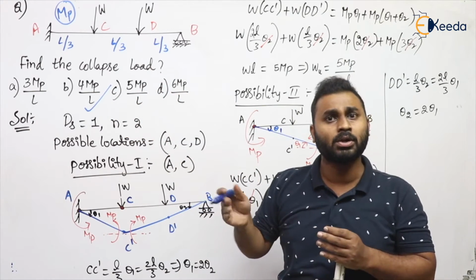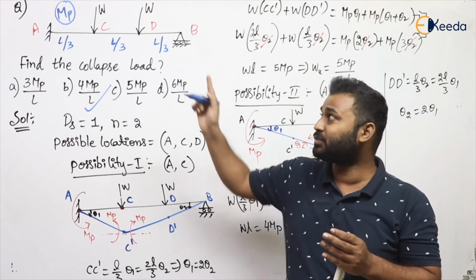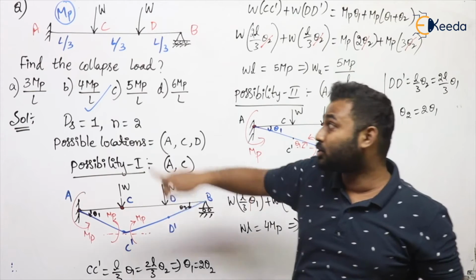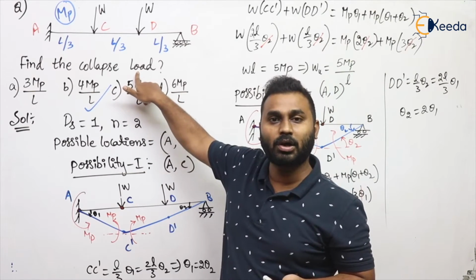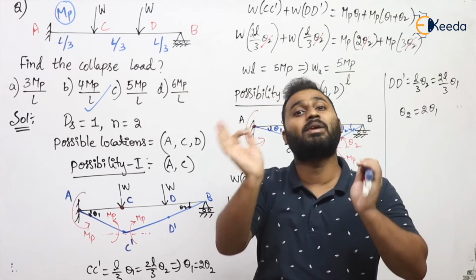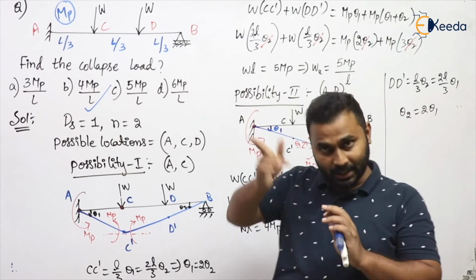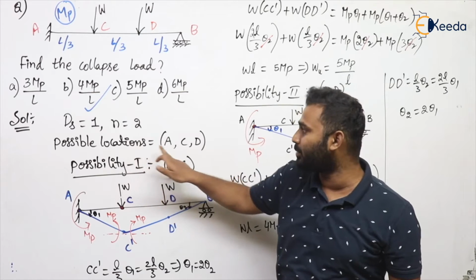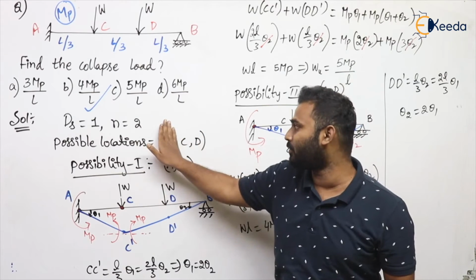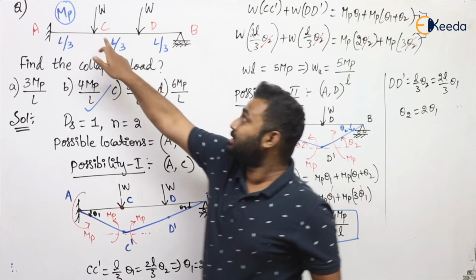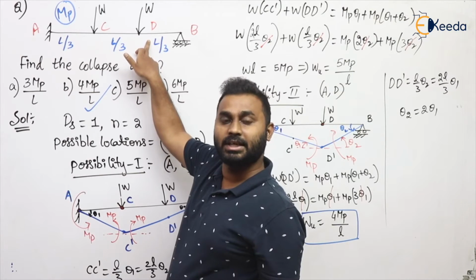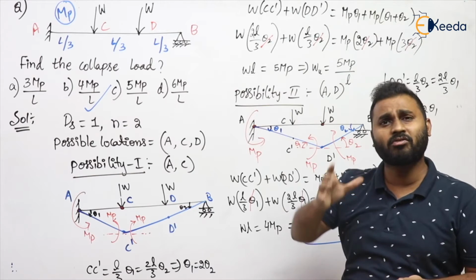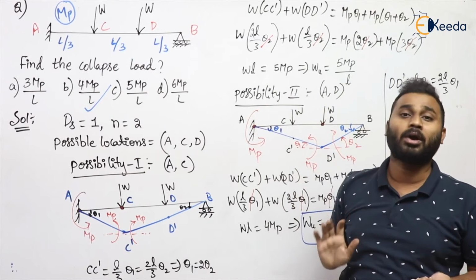In coming questions also, we will solve some other questions in which a fixed end will be there. So wherever a fixed end is there, in the calculation of collapse load we assume a plastic hinge will form at the fixed end. If not, what will happen? Here I will explain. If you eliminate the possibility of formation of a plastic hinge at the fixed end, now we are left with C and D, the possible locations, meaning under the point loads.